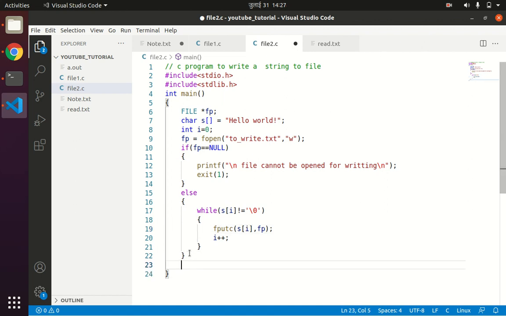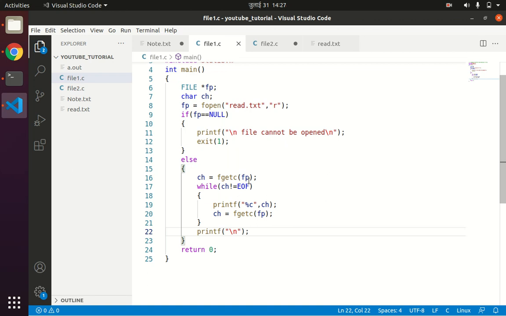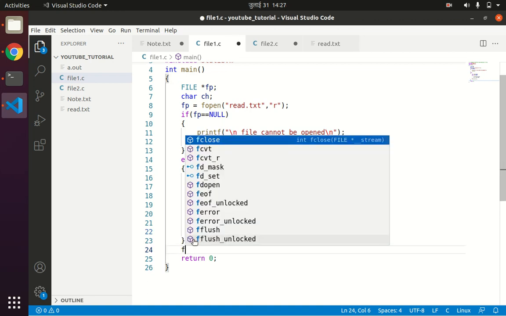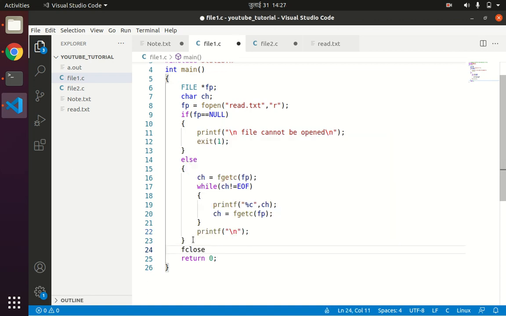And one more thing that I forgot to mention is, after performing all the operations on the file, you need to close the buffer. Since your file is copied in the main memory buffer, after the operation is done, you need to close the buffer, and for that you have to use the fclose function.